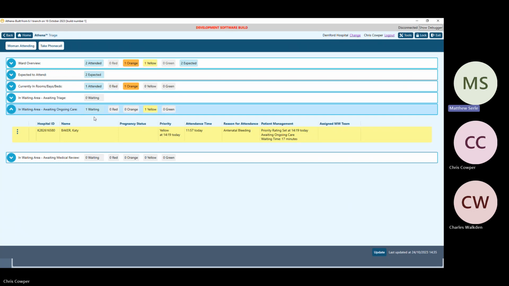And then some of them will show overdue, because we understand of the 50 minutes waiting time to be triaged, and then the various waiting times for ongoing care and medical review. So if a woman is overdue their time limit, then that will show in those tags as well. So that's hopefully providing you functionality to help you manage the flow of women through the triage unit according to the BSOTS principles. So that concludes our